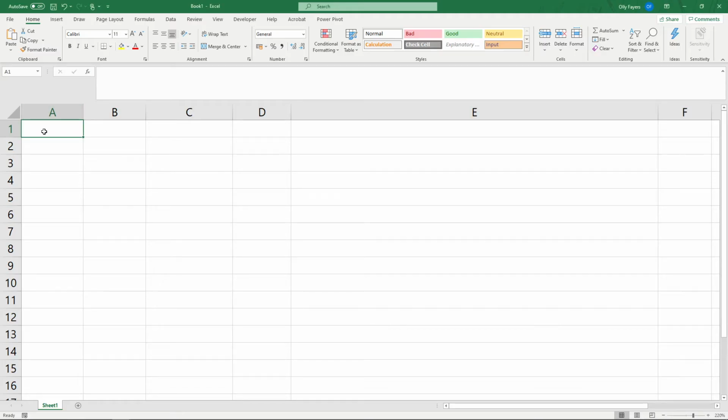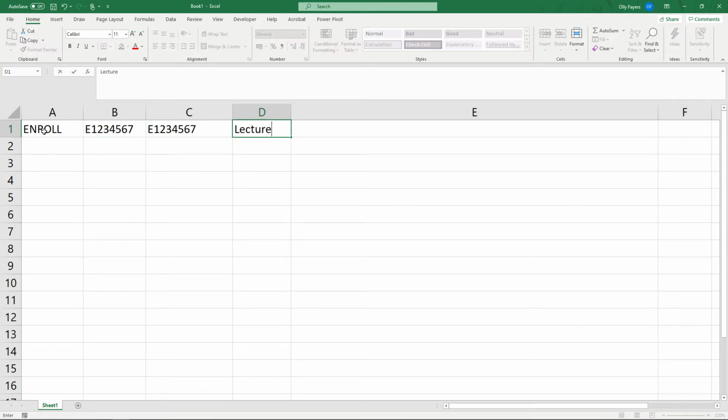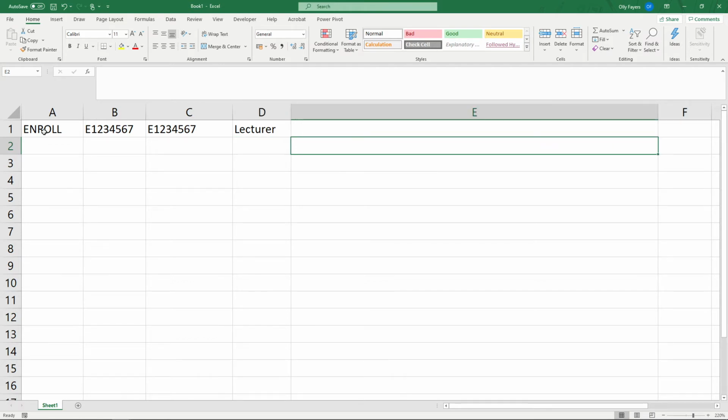So the first thing we need to do once we've got Excel open is to type that first instruction, which is enroll, and then copy in the username of the lecturer that we're dealing with first. So I'm just going to type that one in. This needs to be the same in column B as column C, so I'm going to copy that across. And they are going to be a lecturer on these modules. Now I'm just going to leave that one row there for now.